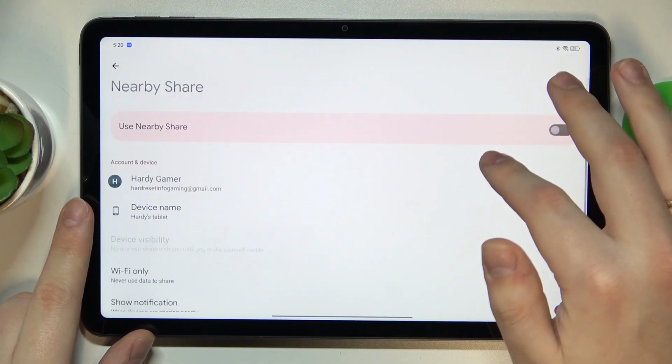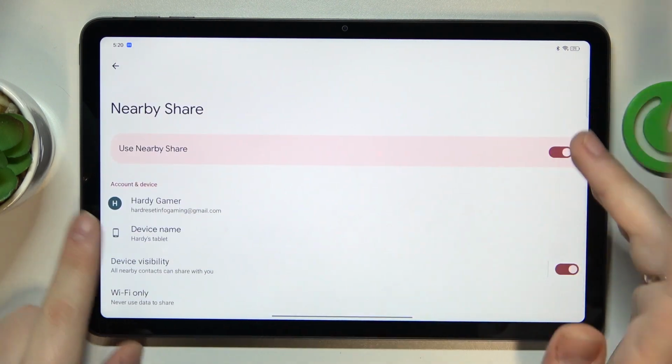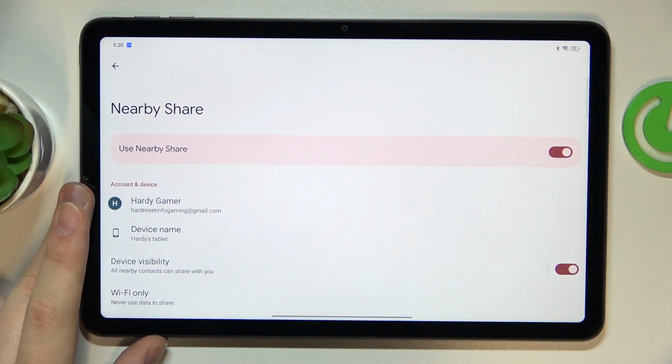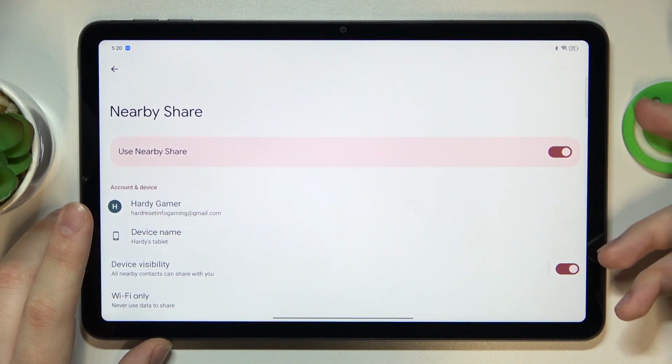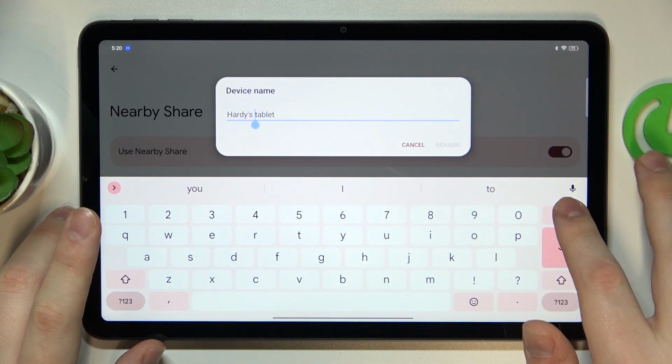In order to activate it, you can simply turn on this toggle over here. And well, at this point the feature is active and somewhat ready to be used, but there are still quite a few other configurations that you can make, such as renaming your device